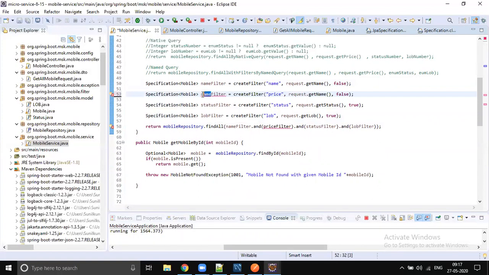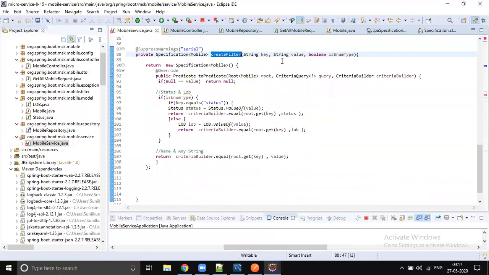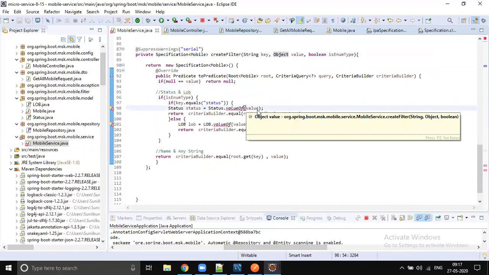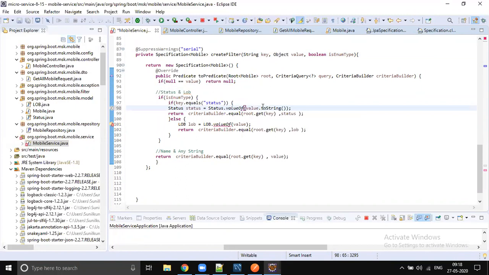So it's going to be price filter. If it is null, then don't apply anything. If it is not null, get the value back, right? So if it is not null, get the value back. What is happening? Okay, it is taking second parameter as string, right? So that is a point. So let's take object and convert into string here.